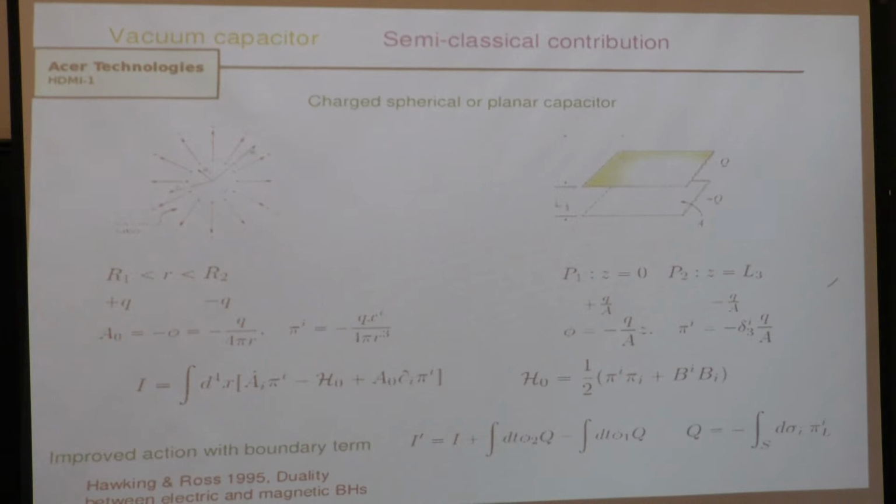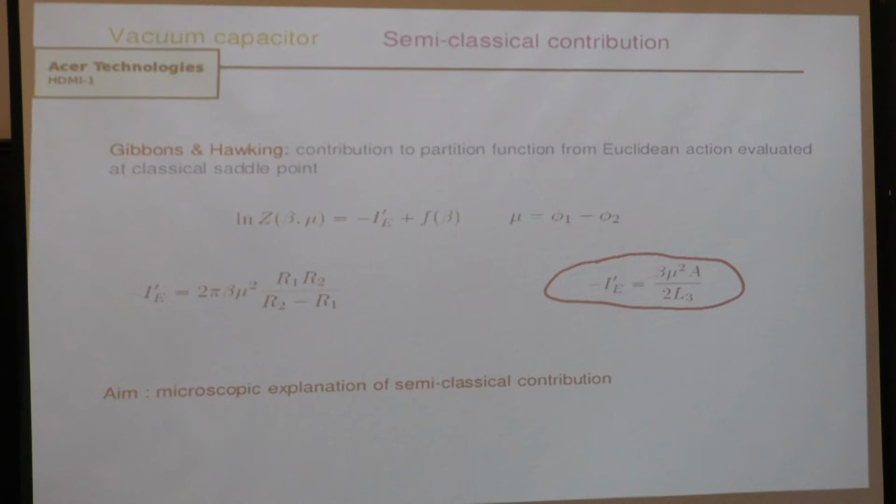Or you work at fixed charge, and then you don't need to add the boundary term to the action. And then, when you compute the classical contribution to the partition function, if you go over to fixed potential, you do the standard Legendre transform to get back to fixed potential. So if you work at fixed potential, which is the analog of working at fixed temperature, you need a boundary term, and the boundary term is basically the potential times the electric charge that you have to add to the action principle. You evaluate this Euclidean action on this solution, and you get the Gibbons-Hawking contribution in this case, which